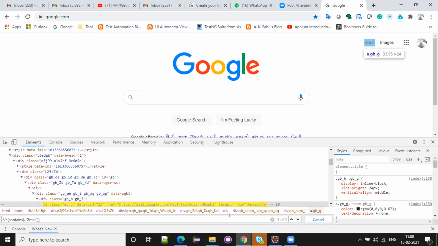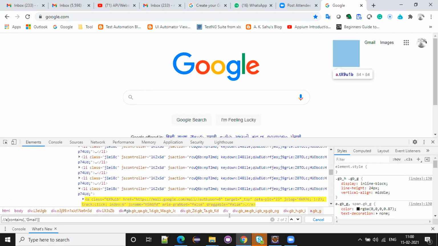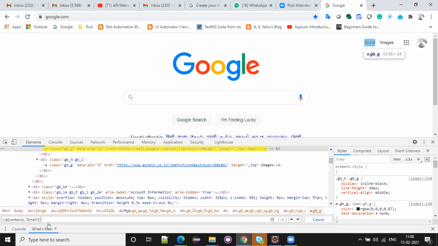So here also two Gmails are there. But you can use contains. So Gmail. So why do I keep the dot? Means there is no attribute. It will check each and every attribute. Wherever that Gmail is matching, then definitely it will get that Gmail, right?